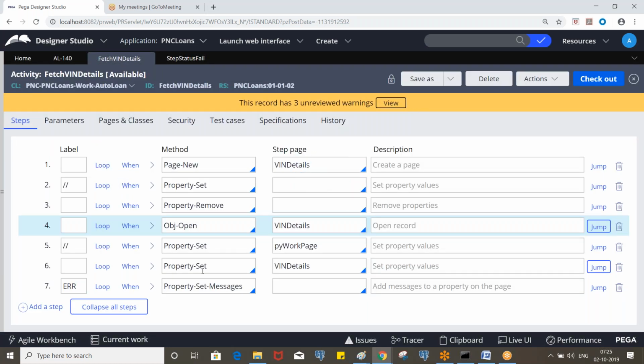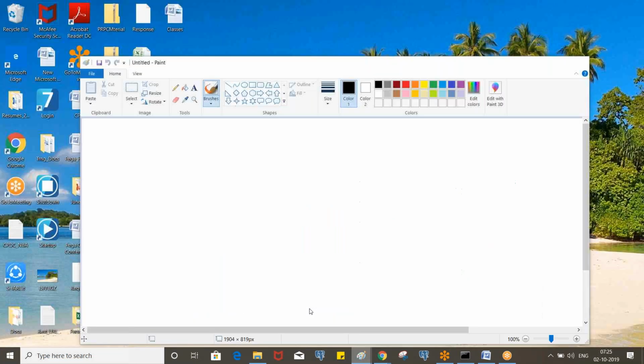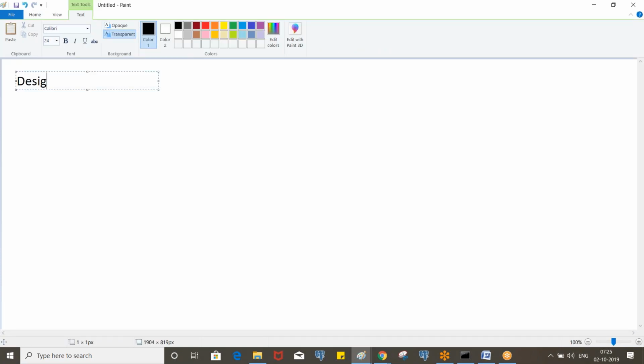So this is as part of the WinDetails screen, right? Now we are going to design one more screen called collect home loan details, which is required for only home loan. So put heading: design or implement home loan details screen.